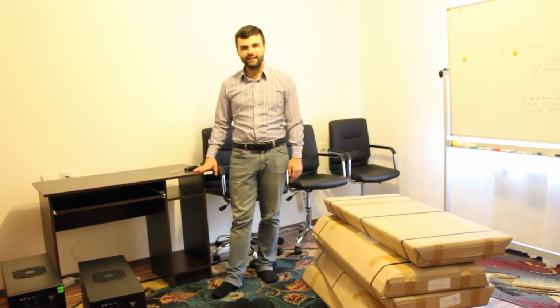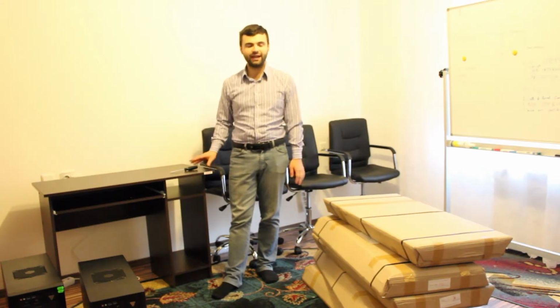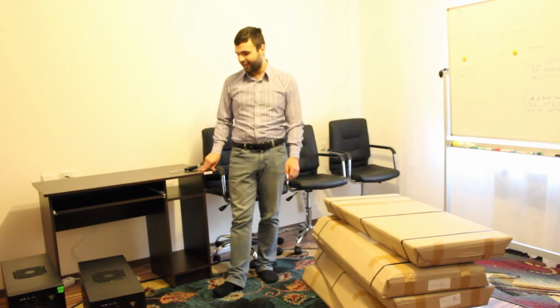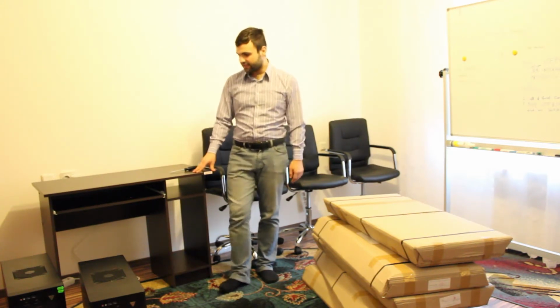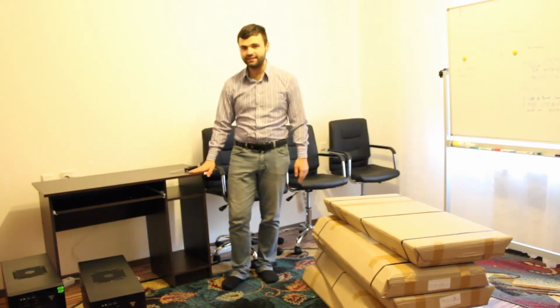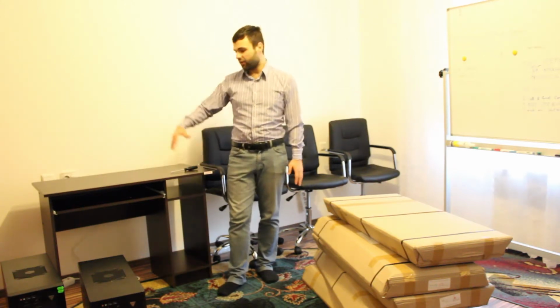The advantage of this desk is that it is very light. It has only 20 kilograms. You can move it from here to different locations and to different parts, even to transport to a large distance. I mean with a car, of course. And beside that, you can place a computer over here under the desk, and the biggest advantage, on the other